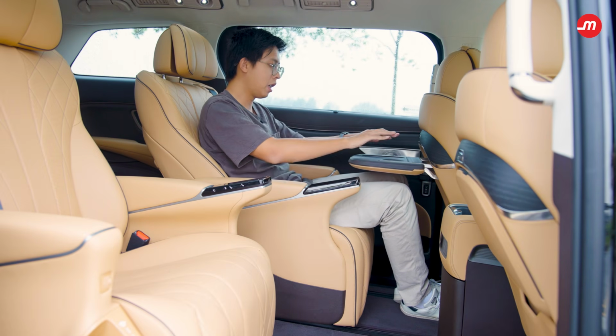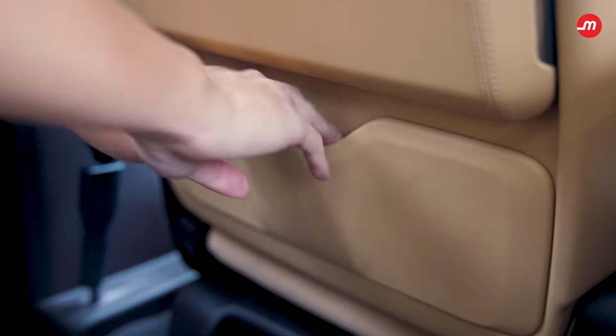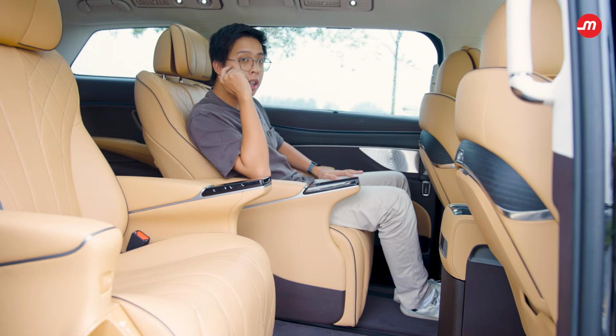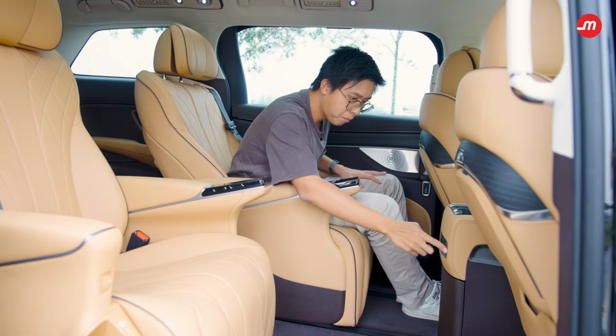But this is a full-size tray table, very useful. I've had breakfast on this. It works very nicely. Then you also of course have your seat back pockets down there. Now, in the center of the car, this is the first really interesting thing I want to show you, is